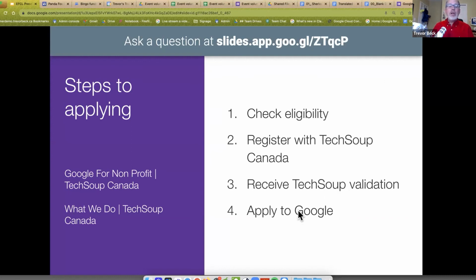Then you would apply to Google and Google says, do you have a passcode? And you go, yes, I do, bang. And then Google will go in and do their magic and review it and then approve it. So the first two things that you really need, you need to have that copy of that certification.